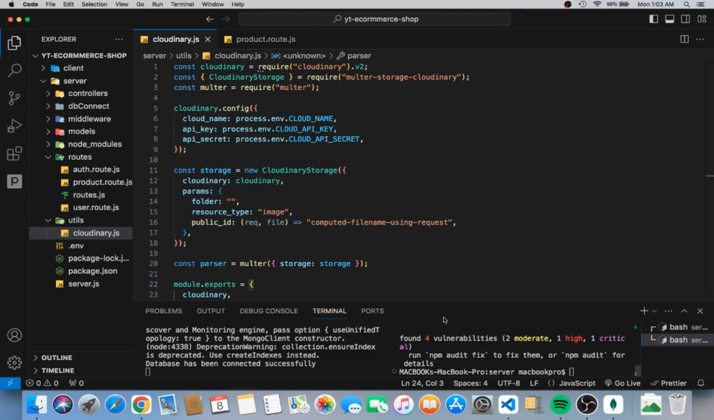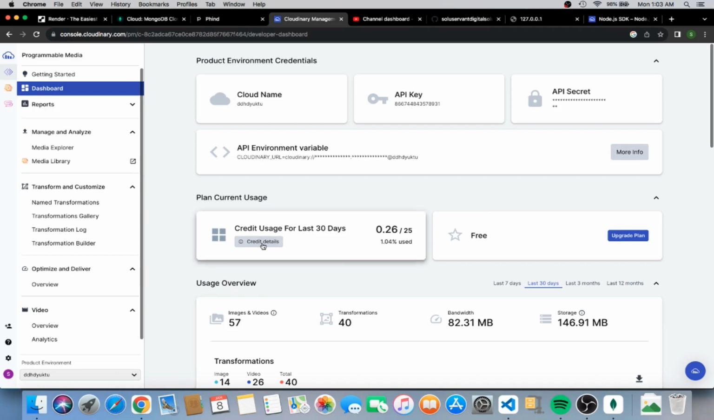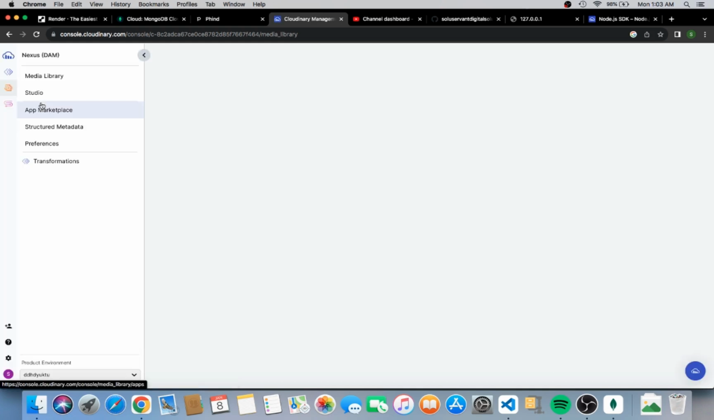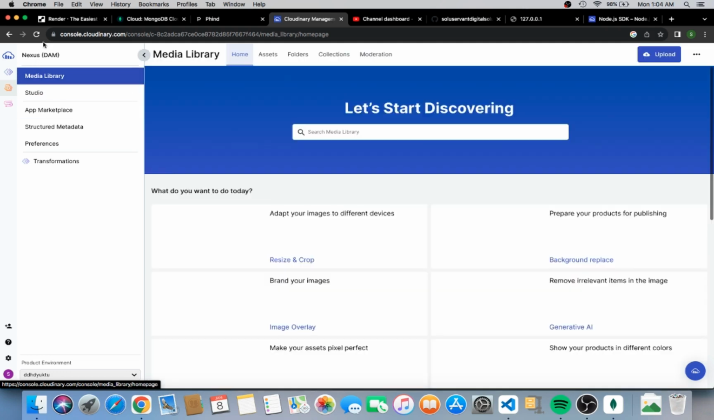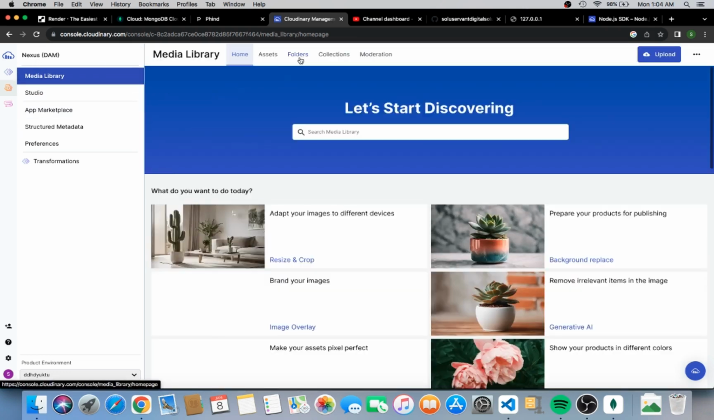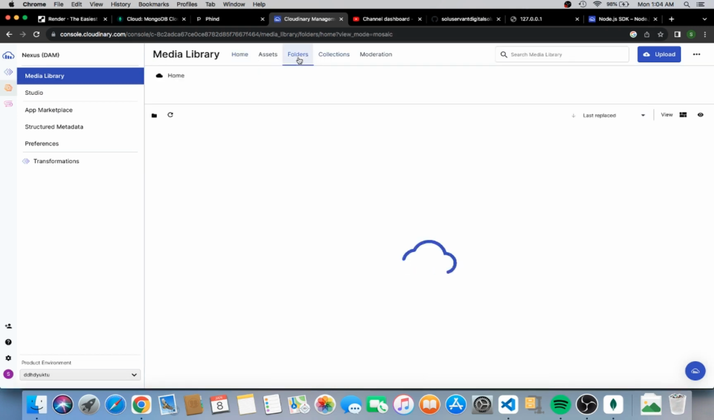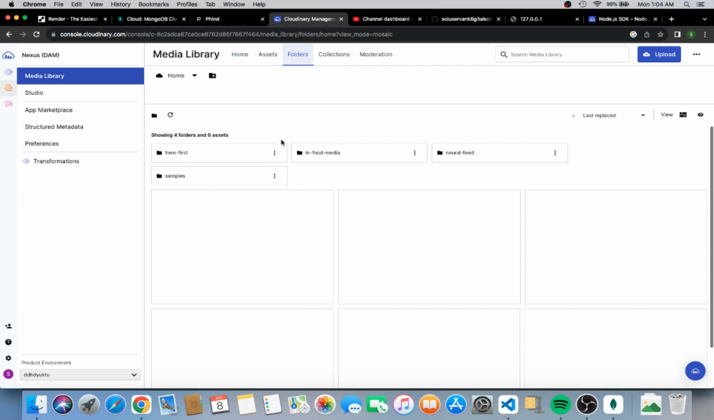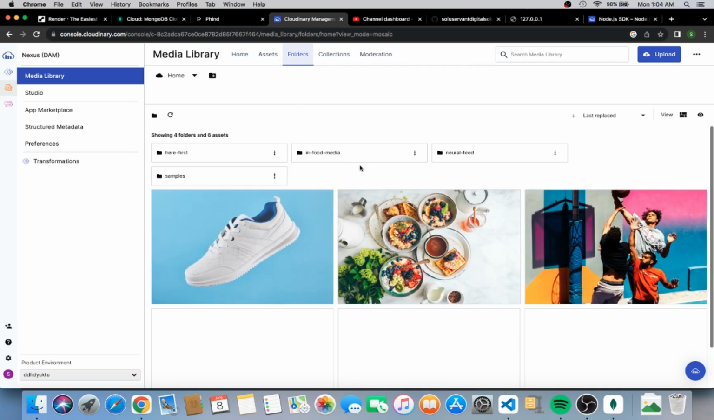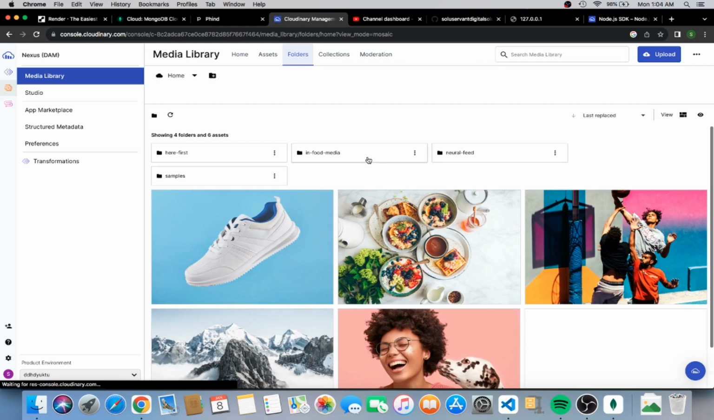So let me open Chrome. Then we go into, I think it's this one, the media library. When we go into the media library, we should have a bunch of folders that we can work with. I don't know why the internet seems to be slow. Okay, so this is the folder section. As you can see, I have a number of folders in here. We have neurofeed, we have infood media, we have